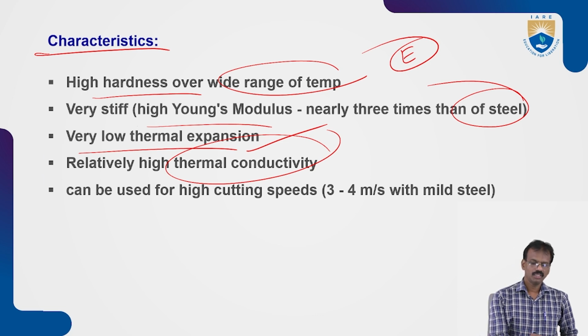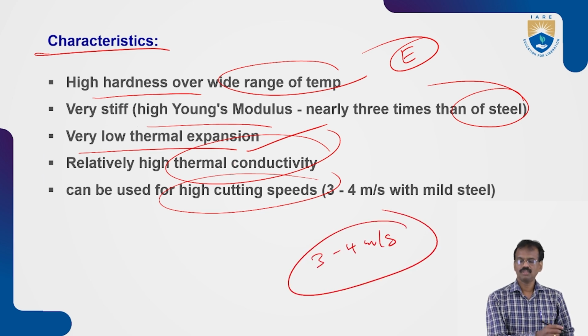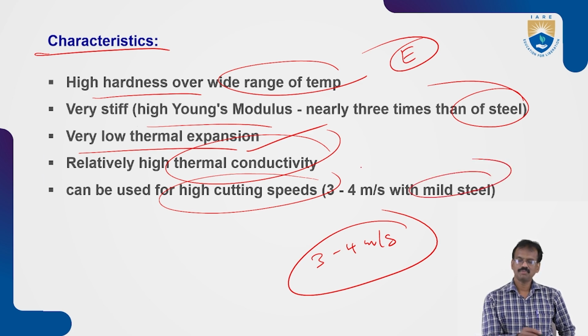So they can be used for high cutting speeds, 3 to 4 meters per second, very high cutting speed, for machining mild steel workpieces. So these are the main characteristics of this material. Next one we'll see